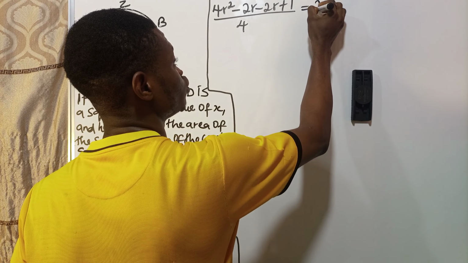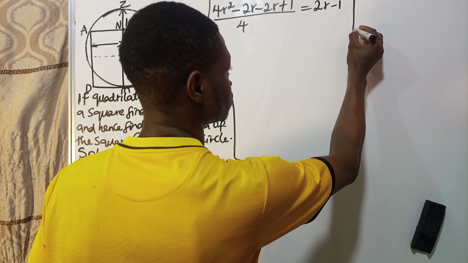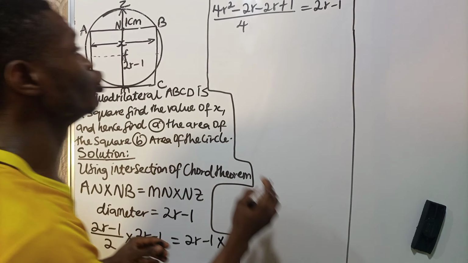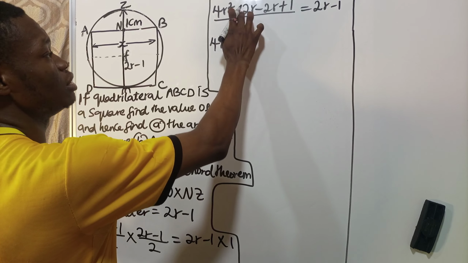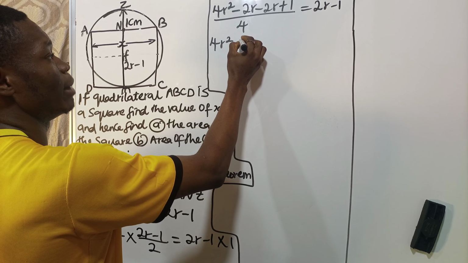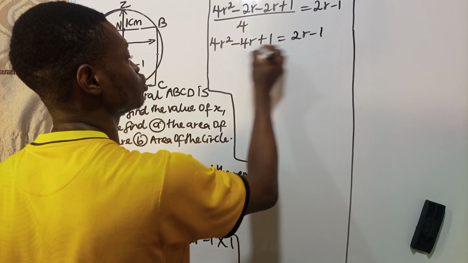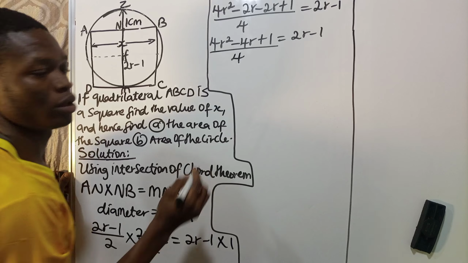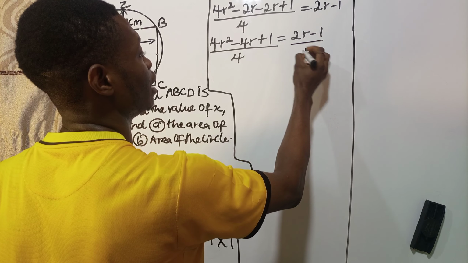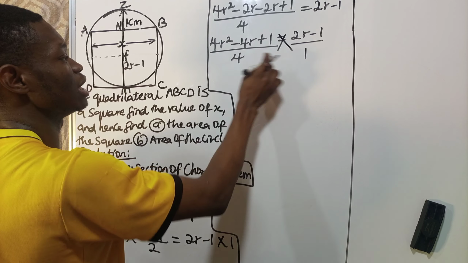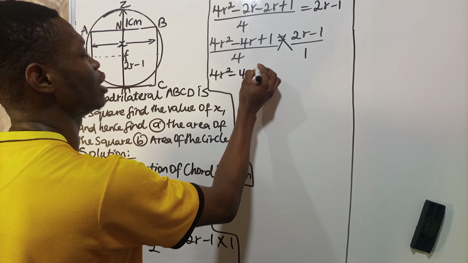times 1 will give us what? 2r minus 1. So we'll be having 4r squared. This minus this will give us minus 4r plus 1 equals 2r minus 1 all over 4. So I'm going to do what? Cross multiply. So this times this will now give me 4r squared minus 4r plus 1